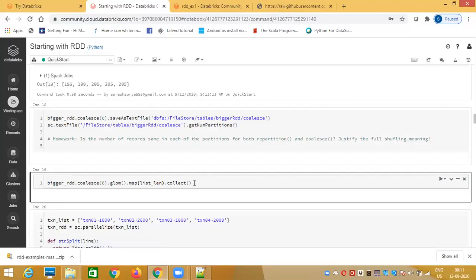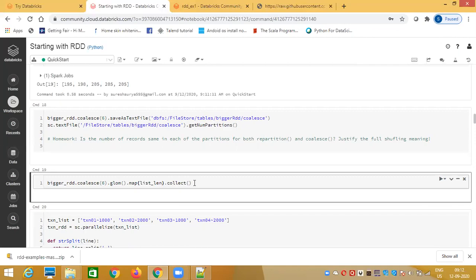Why did the Spark community create two different functions, not just repartition, which is fine and does whatever we require? Why did they create another function called coalesce? Just remember, we have two functions, repartition and coalesce. Both are used to change the number of partitions, repartition to both increase and decrease, and coalesce to only decrease.